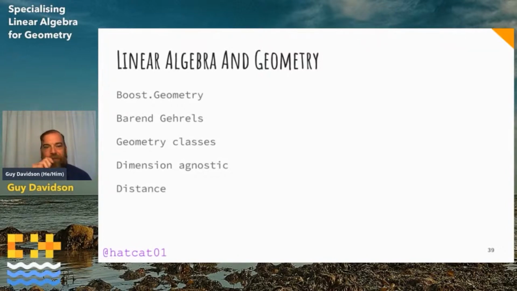So let's consider a distance function. Now, we want the shortest distance between any two things. For example, 2 points, a point and a line and a polygon, a point and a polyhedron. And these will all have different algorithms. Calculating the distance between 2 points simply requires the application of Pythagoras in the appropriate number of dimensions. The point-line case requires extending the line, projecting a normal to the point and seeing where the intersection is, choosing the closest endpoint if there is no intersection. But this is not really any different from the linear algebra case of addition, where different shapes of matrices demand different addition algorithms. Again, we have a parallel with linear algebra that we should be able to exploit.